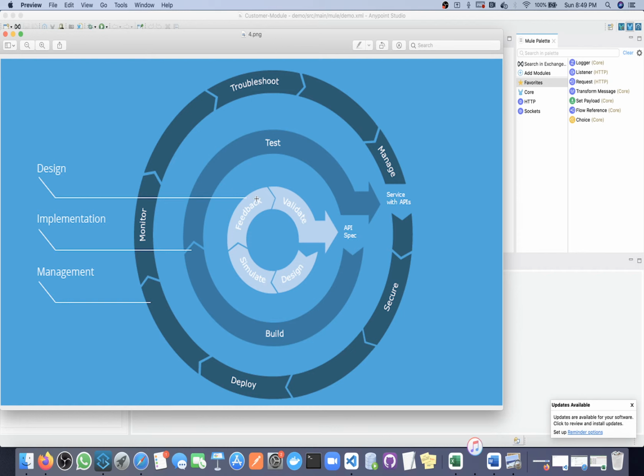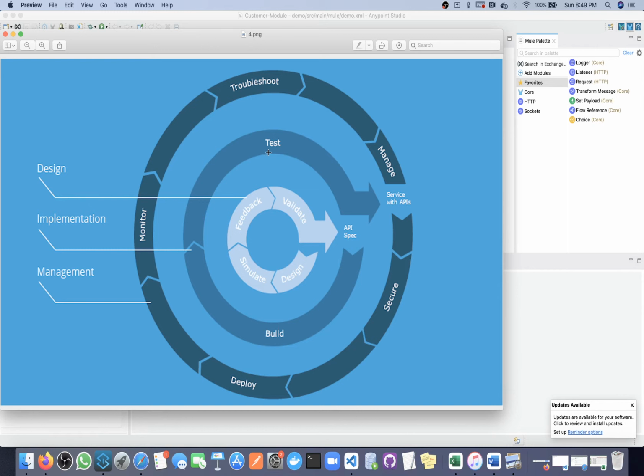Okay, then feedback means we ask BA people or the client to give feedback, and then we validate that feedback. If it is positive, then we will go for the build stage. If feedback is negative, then again we will follow this cycle. Next, once we get positive feedback, we'll go for development and do testing. This testing will contain your local testing plus unit testing.